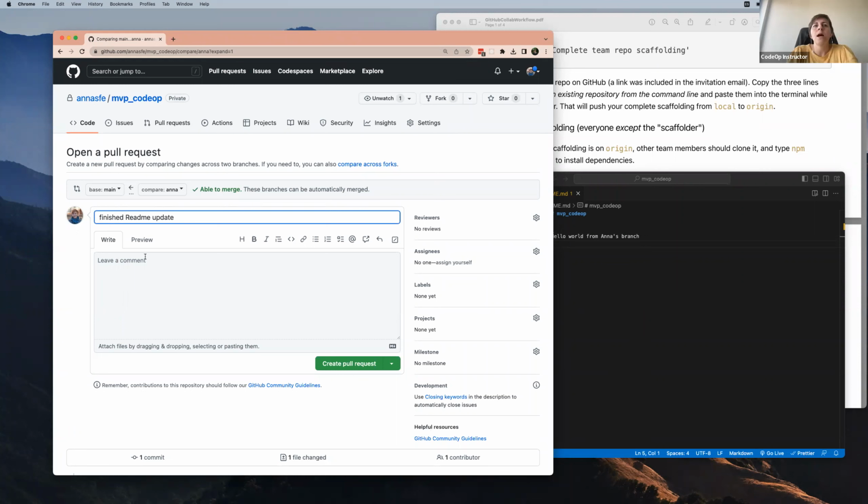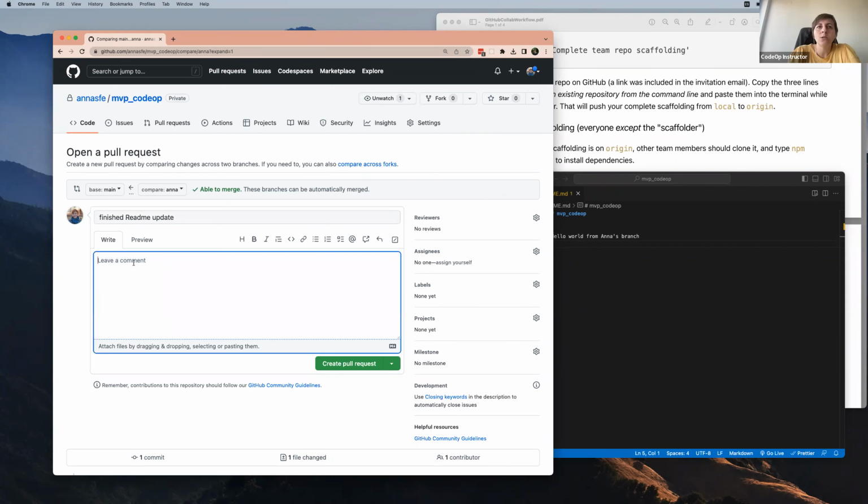Okay, so maybe I can leave some comments here. Normally it's good that you leave some comments, like what were the changes that you introduced, because normally when we create a pull request, we are asking for someone else to review our code. I created a version that I think is stable. I'm trying to push it to the main, but of course, main is affecting everyone. So the official procedure is that